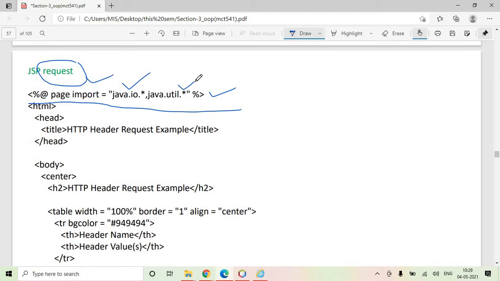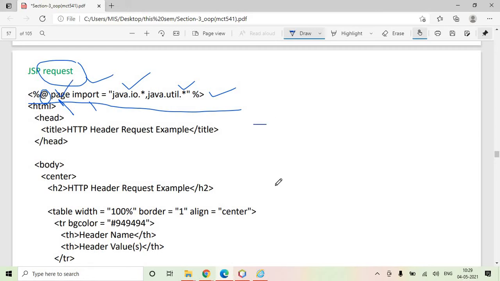Much like you import them in your Java code, here also we imported them using the page directive. Using this import parameter, we imported these 2 packages, and the at the rate symbol indicates that it is a directive, which is a page directive.